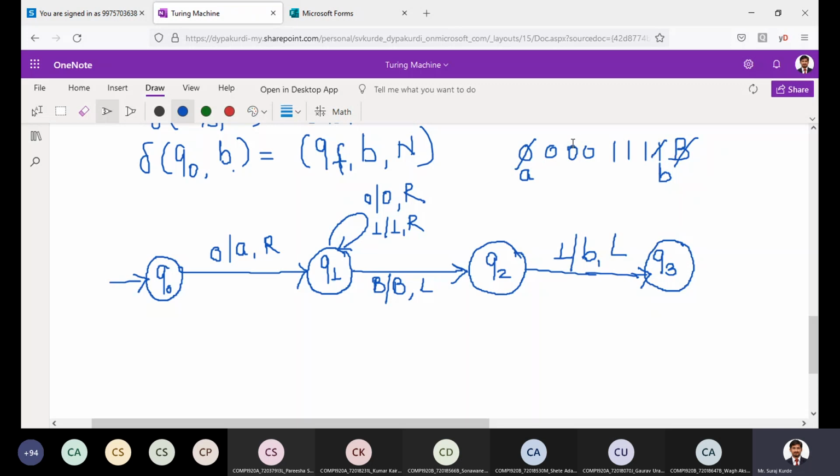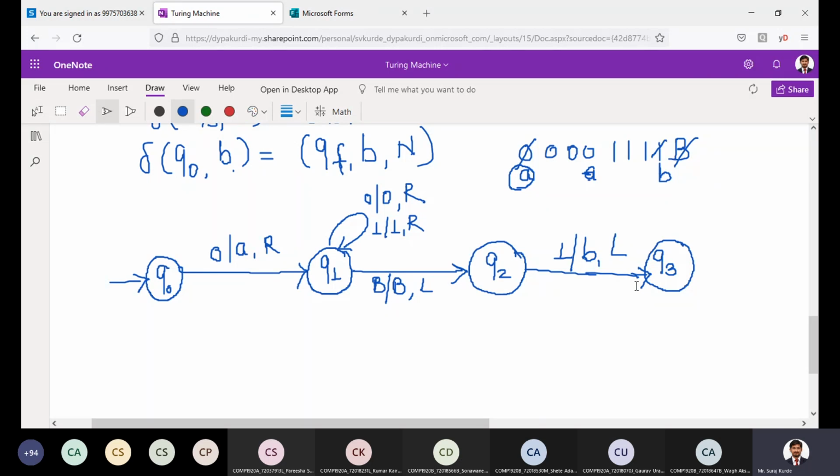Now again you have to find 0. Is there any 0? In between you may read 0 and 1, but you have to move towards the left until you find A. Here you may find A. So to the left of 1 it is A, but to the right of A, what is it? Whether it is 0 or 1, that you have to find. So left 1 is replaced with B, go to the left.